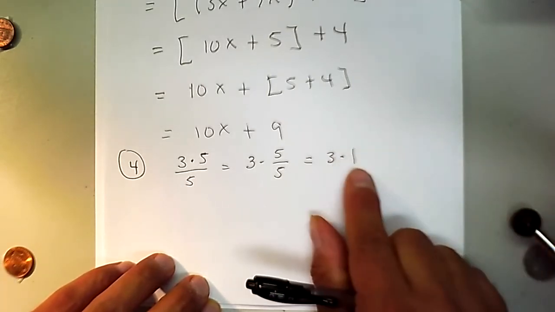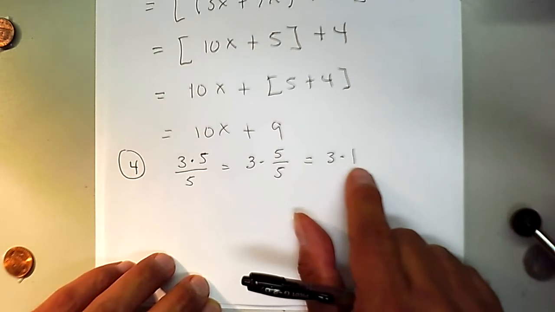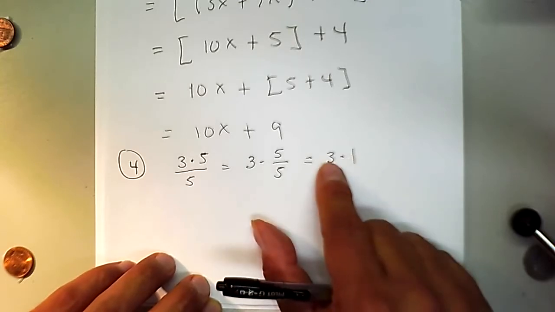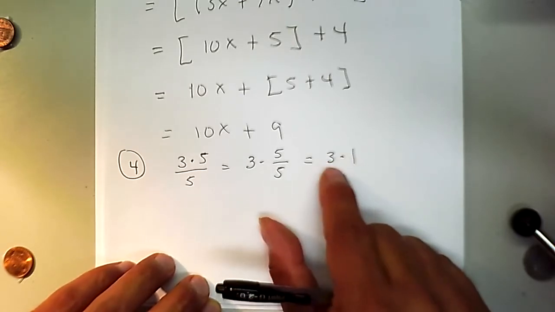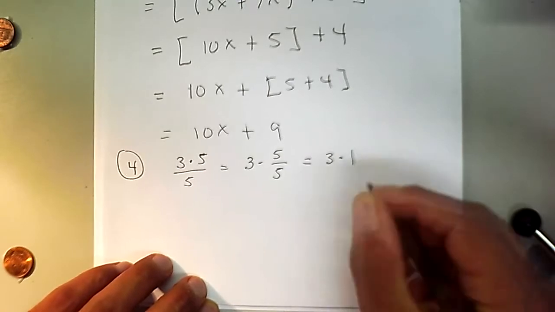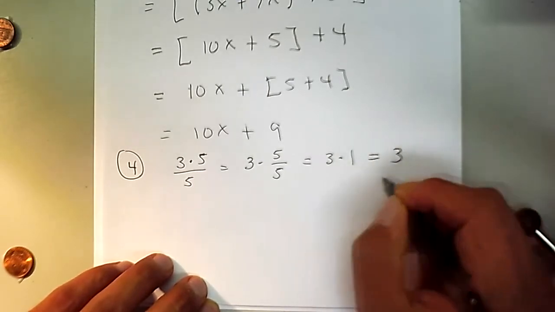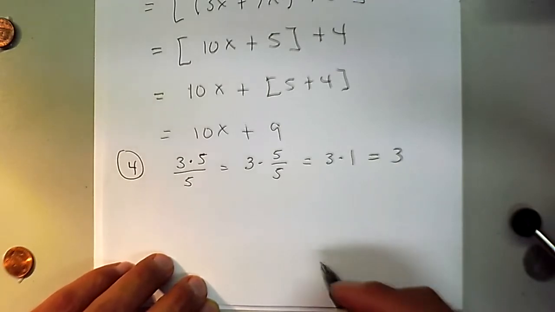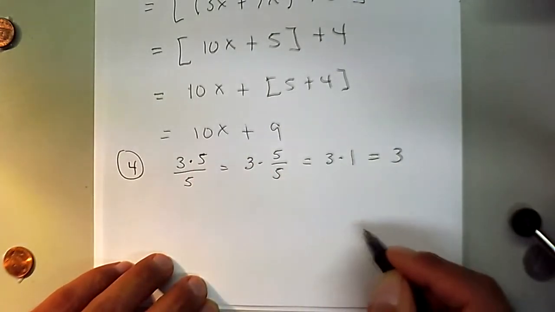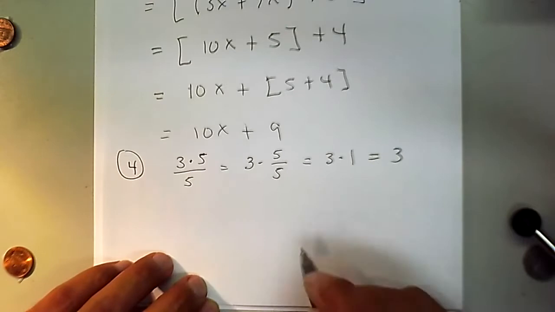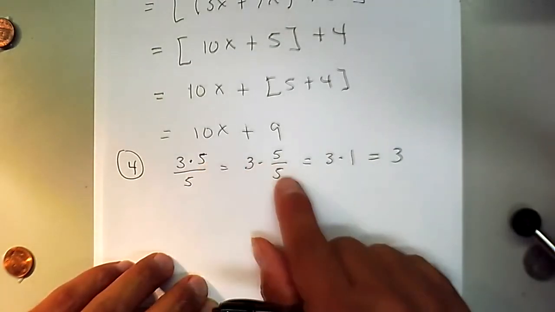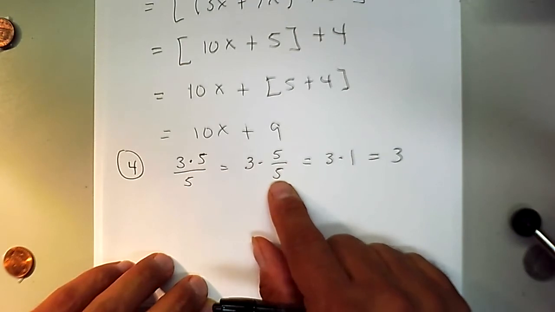And the property of 1, it may sound obvious, but 1 is very crucial in algebra, because when we multiply with another number, that multiplication preserves the other number. So that is equal to 3. Now, in practice, 99% of the time, we're just going to cross that off and not worry about all of the other stuff. But technically speaking, what's going on is that eventually we're multiplying by 1.